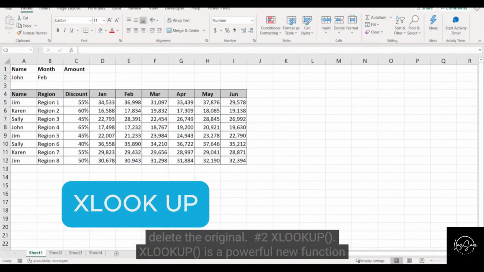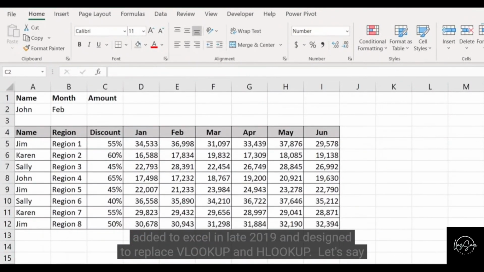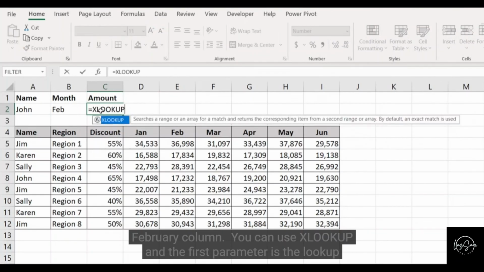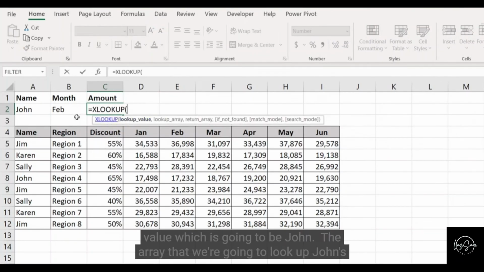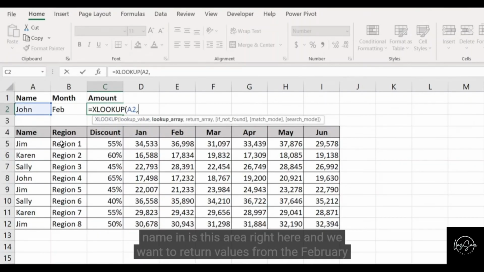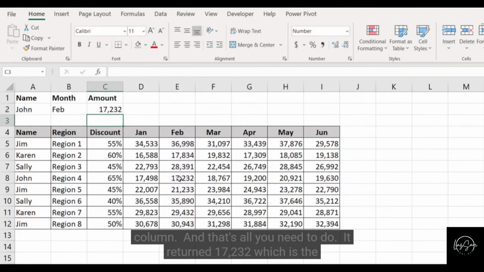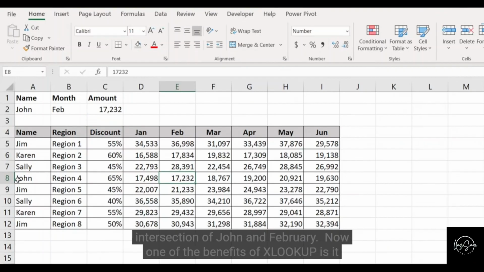Now, XLOOKUP is a powerful new function added to Excel in late 2019 and designed to replace VLOOKUP and HLOOKUP. Let's say we want to look up the name John in this table and return a value from the February column. You can use XLOOKUP, and the first parameter is lookup value, which is going to be John. The array that we're going to look up John's name is in this area right here. We want to return values from the February list. That's the February column. And that's all you need to do is return 17,232, which is the intersection of John